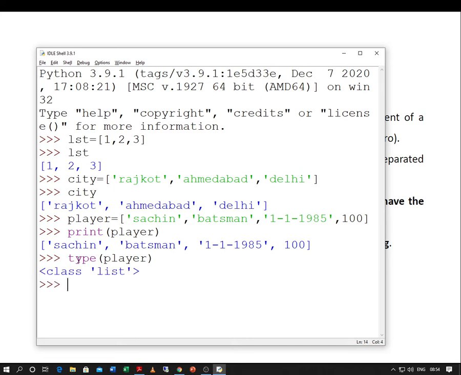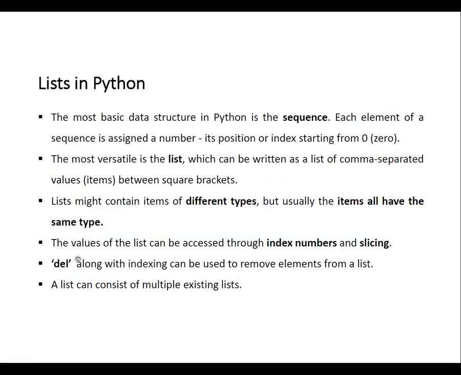Then what happens? Yes, it gives class list. Say for example, type lst, again it will give class list. Remember, in Python each data type is a class, hence you can think of something like creating an object of the class when we are assigning a value to a variable.